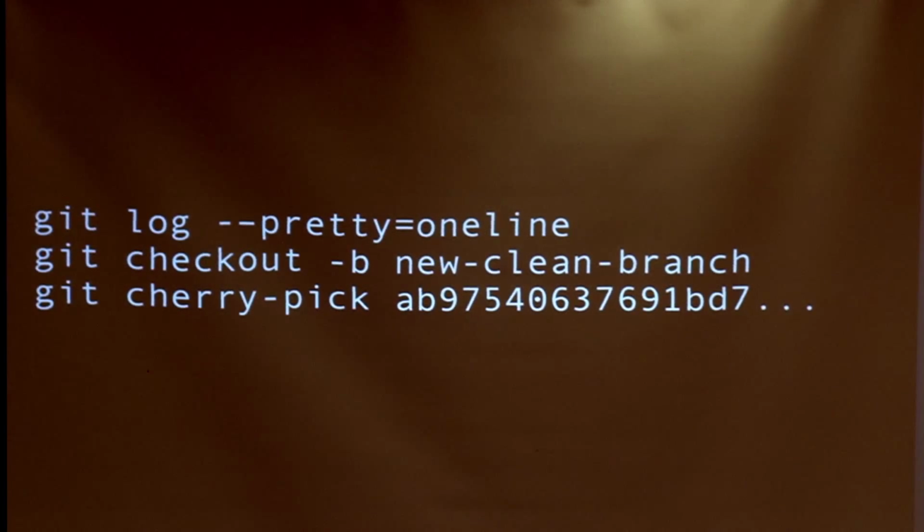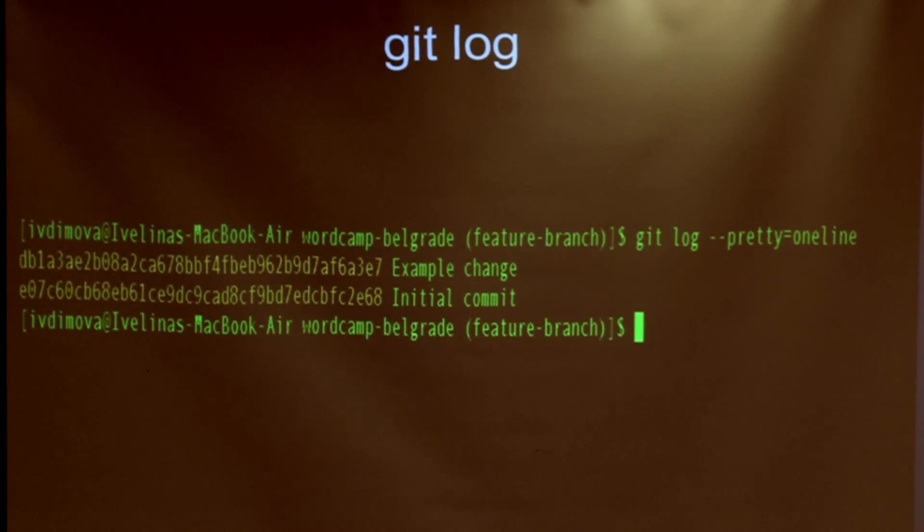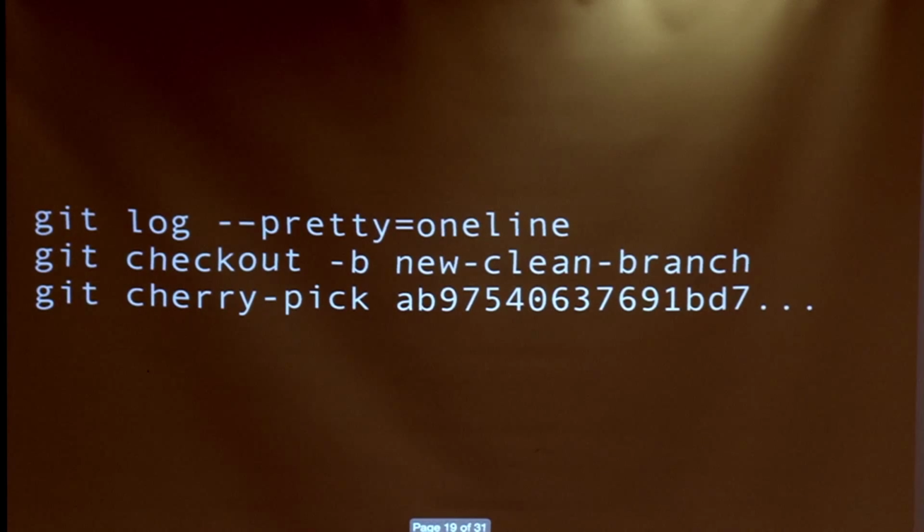How you can do that is, for example, you can use git log, extended with pretty one line. So you'll see the commit reference, you'll see the change that is done. Then you can pick the ones that you want to stay. Create, for example, a new clean branch, so you can preserve only the changes that are needed.